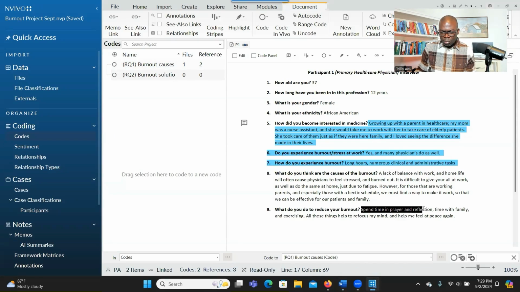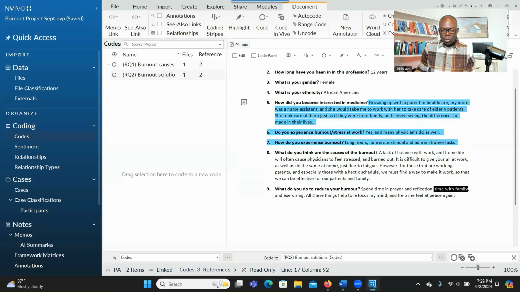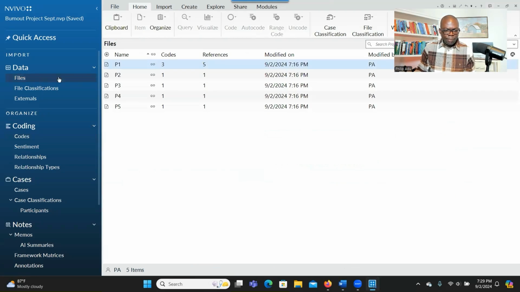Spend time in prayer and reflection. You can select that and put it in the second research question. It's about burnout solutions. Having time with family can also be part of burnout solutions. So going through the data, identify information that is significant and drop it under the research question. So that's what you're going to do. Going through, when you finish, you can close it and go to the next one